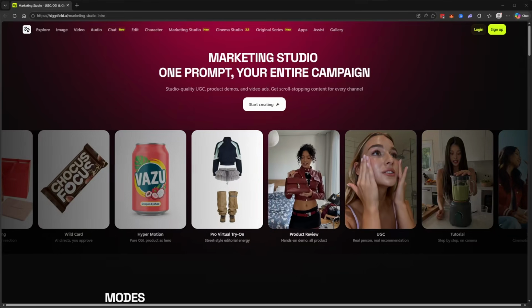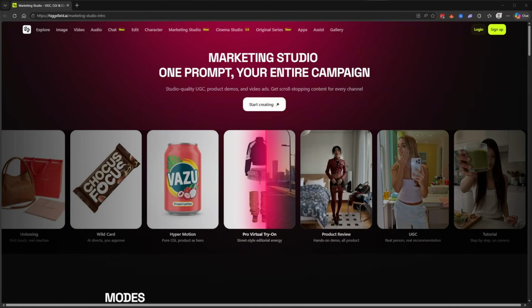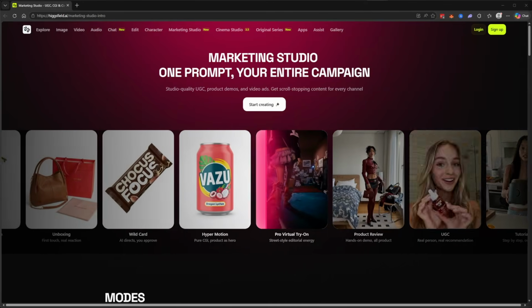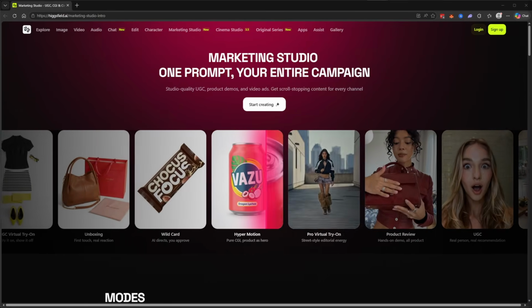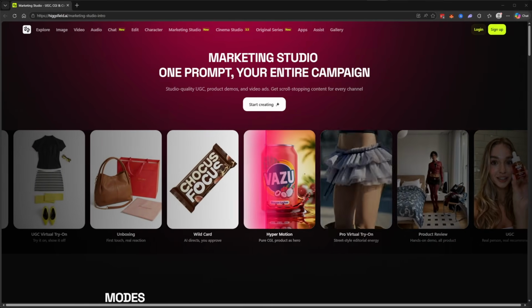Marketing Studio is powered by the new Seedance 2.0, which is the latest in AI video generation. It will generate your ad end-to-end across 9 different ad styles. What used to cost between $15,000 and $48,000 in agency fees and weeks of production time can now be narrowed down into one single session. Stick around and watch the video because I'll show you some of the details and key features of the new